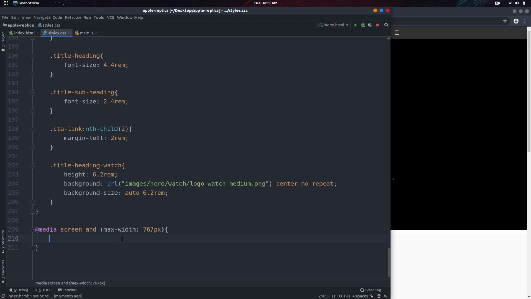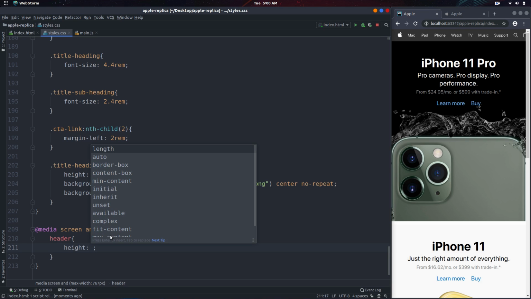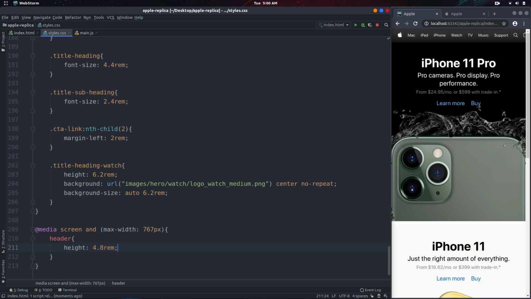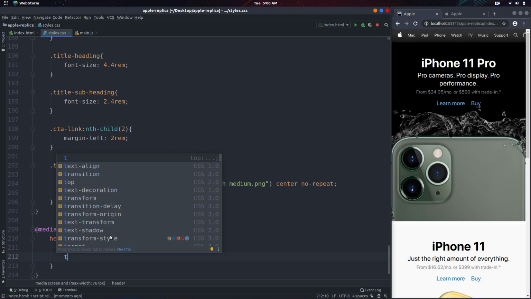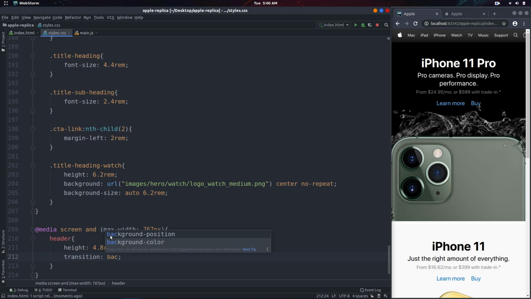So what we want to do in this particular breakpoint is just select the header. But before we do that, let me just actually make this smaller. And now I'll just select the header. And what I want to do here is just change the height to 4.8 rem. Later on, we're going to be applying some animations. So what I'll do here is just add a transition. The transition is going to be on the background. And then it's going to be over